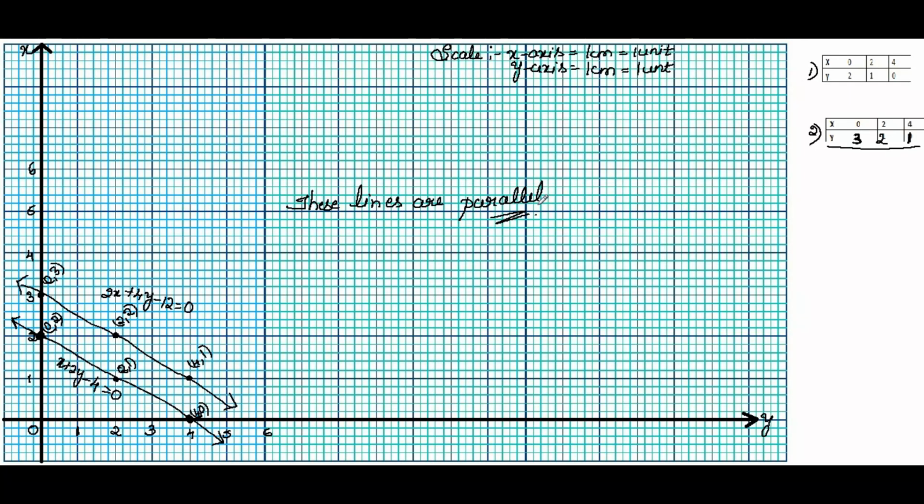Okay. I hope you understood this session easily, because the graphical section is a very important section in your board exam. It is a compulsory question and it will appear for 4 marks. Okay, 4 marks in your board exam. So please try to practice it more and more. Either of the 3 types, whether it will be coincident or parallel or intersecting. So in these 3 they will give any one for you. Usually they will be giving intersecting itself. Okay, please practice each and every graph carefully.